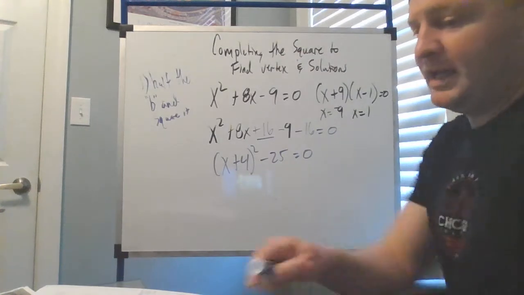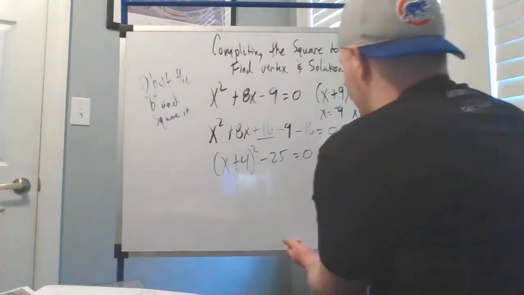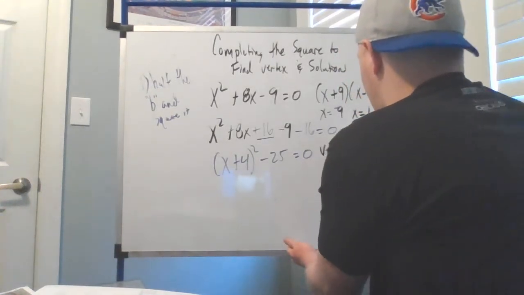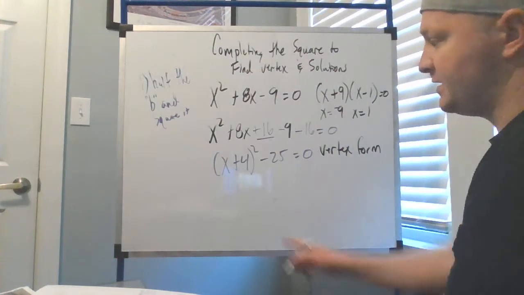Now, why did I do all this? Because now I have what's considered vertex form. Vertex form, okay? And the vertex is always,